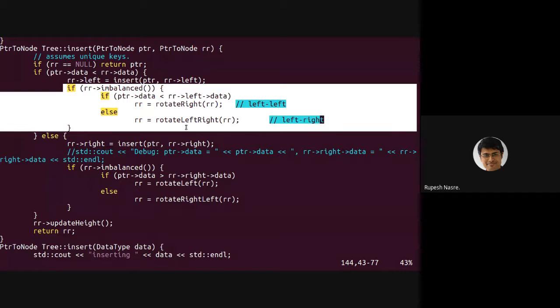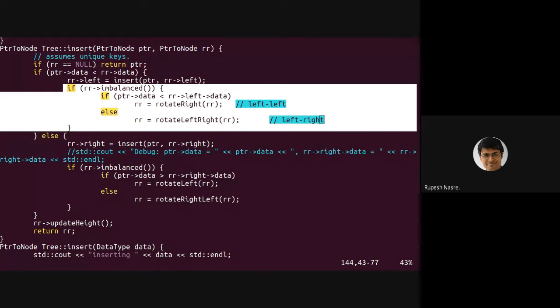This point is important: whenever we don't do the rotate, at that time also we might have to update the height, because we might have added 3 as the root. As soon as you add 3 as the root and then 2 as its child, 3's height should get updated from 0 to 1. So 3 is the root, 2 is the left child, and 3's height is initially 0.